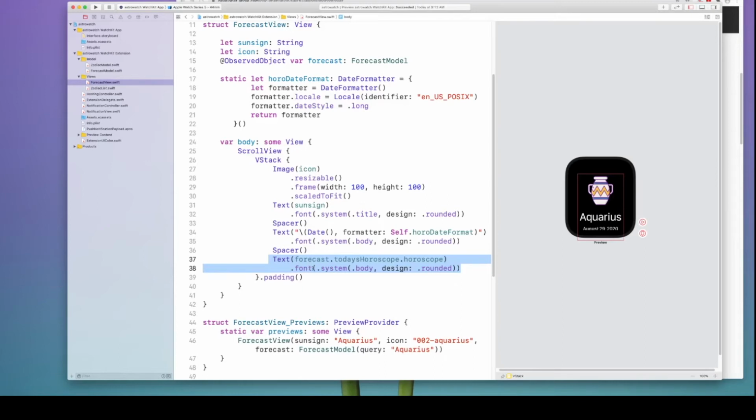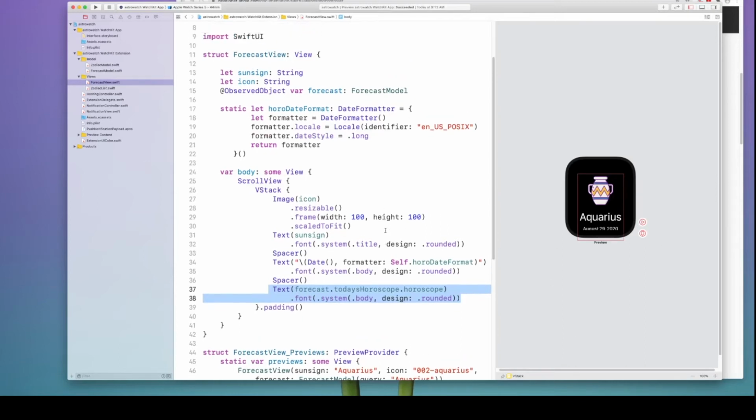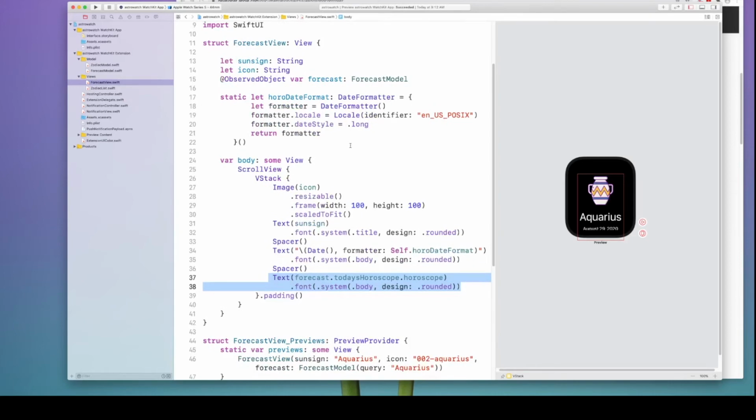Since it is not rendered completely, it is not shown here. It is shown when we run the app. That is what I'm doing here. So they're very simple. There are two different views. One is for the zodiac list, and another is for the forecast.